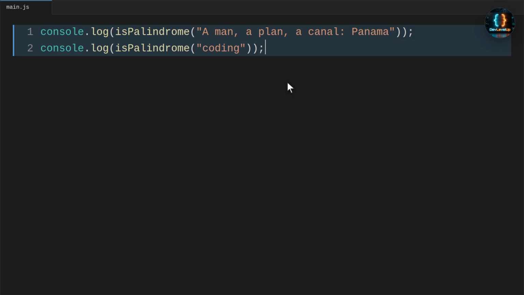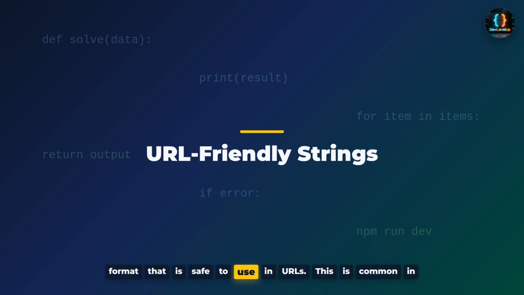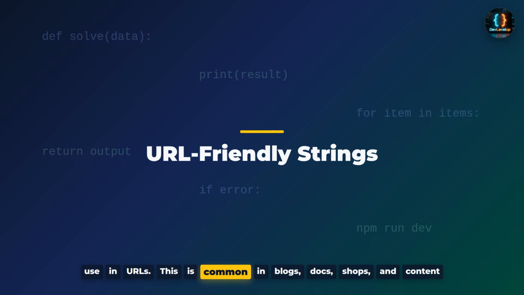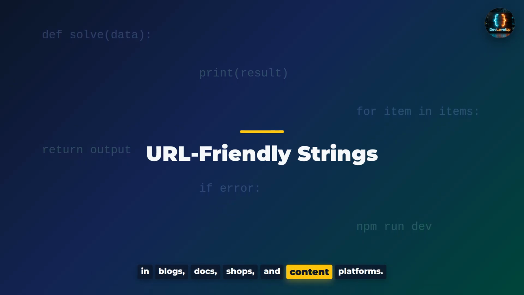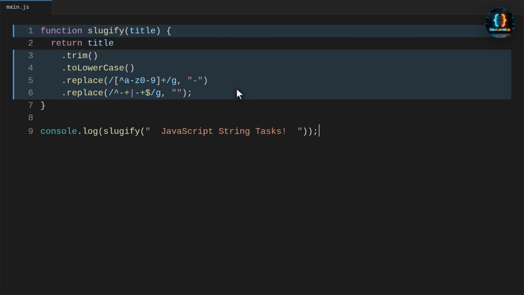In this section, we convert readable text into a format that is safe to use in URLs. This is common in blogs, docs, shops, and content platforms. When a blog creates article URLs, the title must become predictable and URL-friendly. We will build slugify by trimming the title, lowercasing it, replacing unsafe character groups with hyphens, then we run it